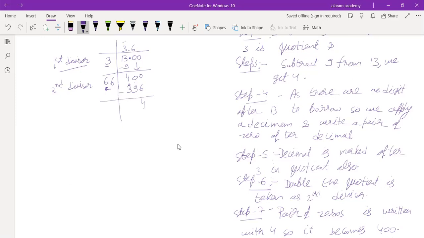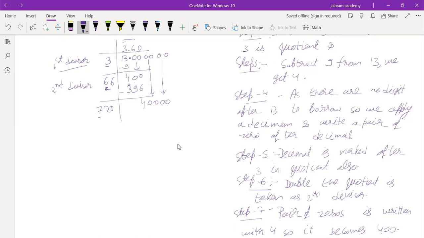A similar process will be followed again. Means 36 twos are 72 is taken. 2 zeros are increased. It becomes 400. Now, even if we increase 1, then also 721 becomes greater than 400. So first, we have to increase a pair of 0 again. If we increase a pair of 0, we have to increase a 0 on this side also. These 2 zeros will be borrowed again to make it 40,000, and this 360 is the new quotient. So double of it is 720.